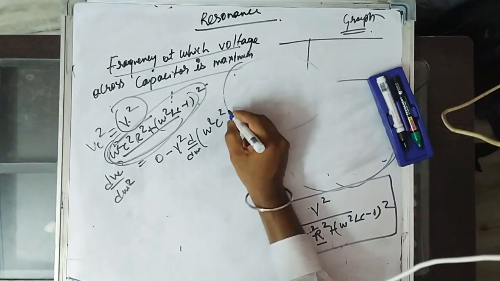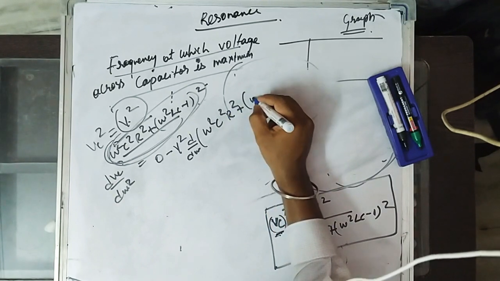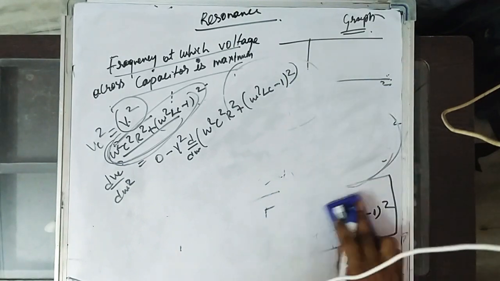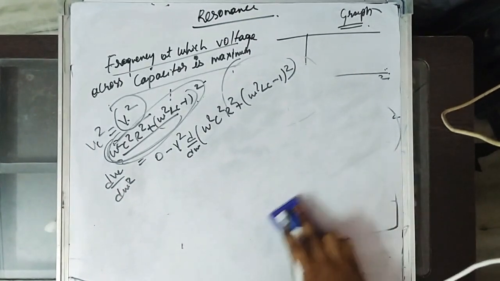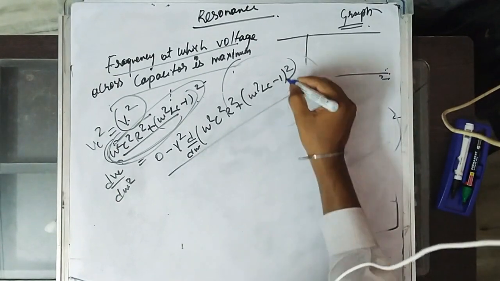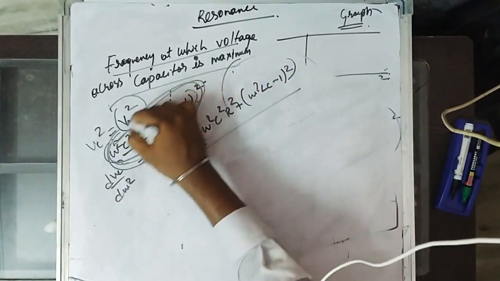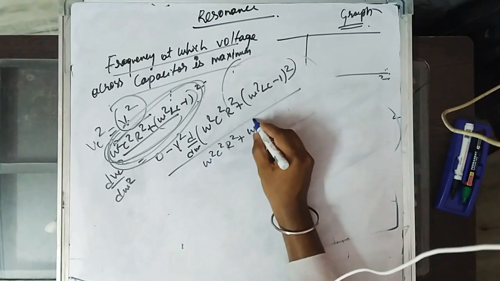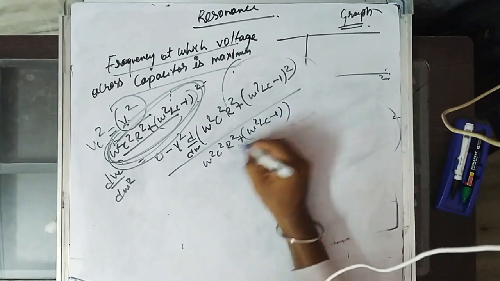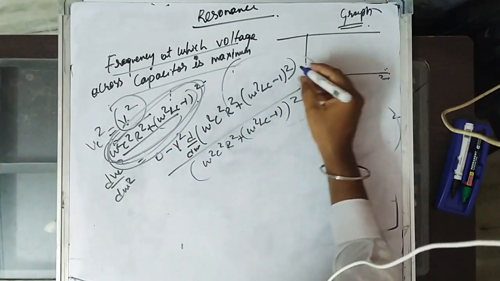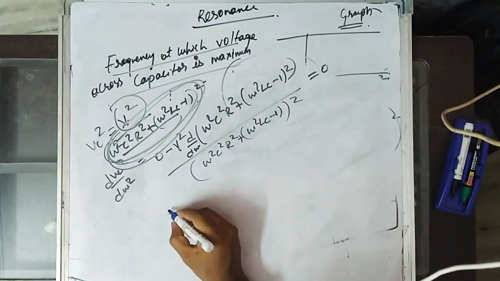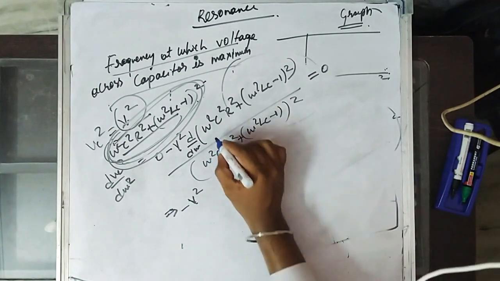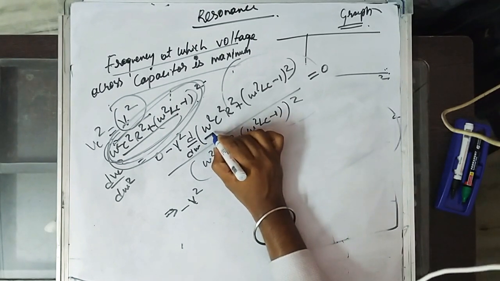Omega square C square R square plus omega square LC minus 1 of whole square, divided by y square, that is divided by this square, omega square C square R square plus omega square LC minus 1 whole square. This differentiation should be equated to 0. So we'll get minus of V square into